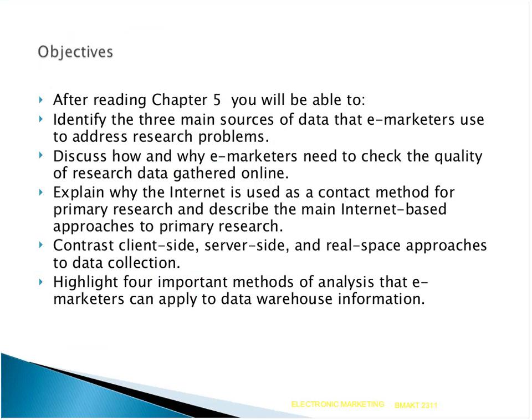First of all, the three main sources of data that e-marketers use to address research problems. Discuss how and why e-marketers need to check the quality of research data gathered online. Explain why the internet is used as a contact method for primary research, and describe the main internet-based approaches to